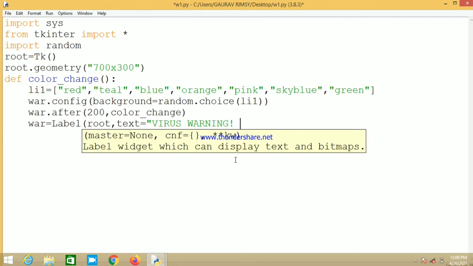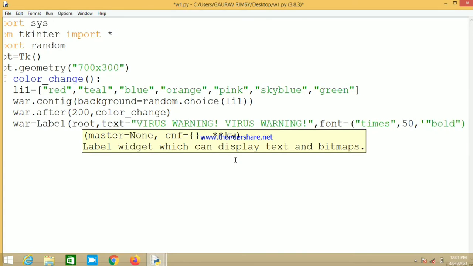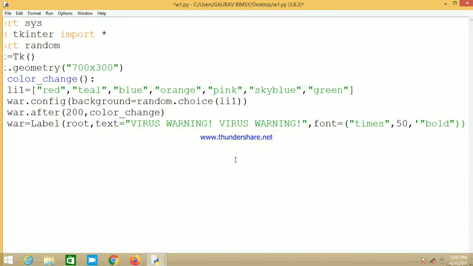Here we are defining this text again, virus warning. Then we are defining font style, font equal to times, and size is 50, and then bold. It's up to you whatever size you want to define.